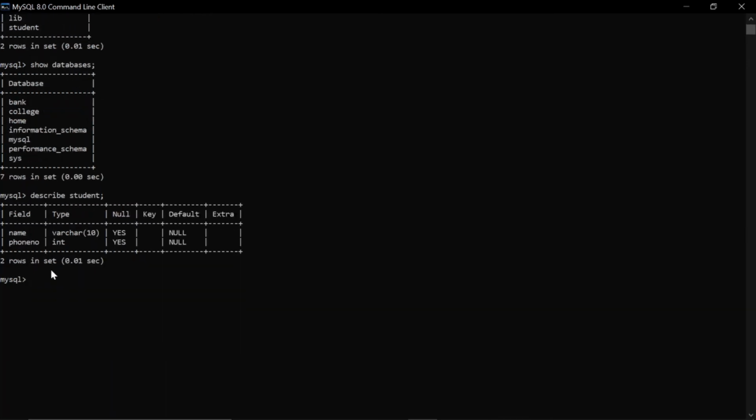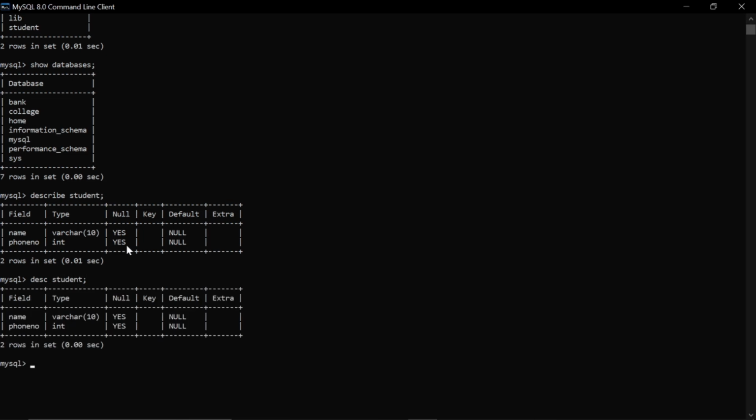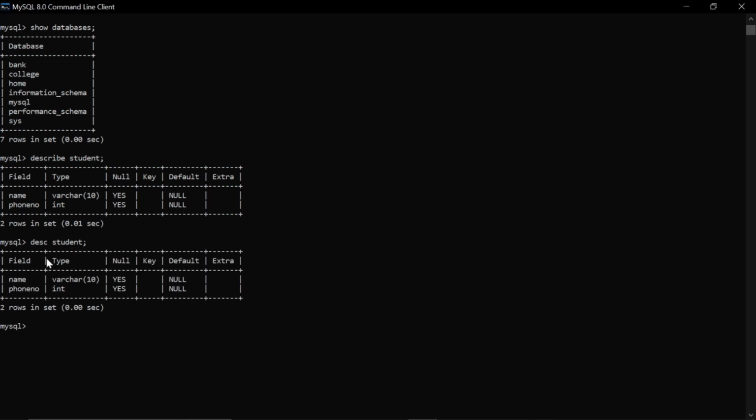While writing this syntax, we'll get that name and phone number are the two columns, and the types are the data types which correspond to these columns, and null means there are no values inserted in this column. Now if you don't want to write the whole word describe, you can also write DESC student, and it will give you the same output. So these are the two ways to describe your table.